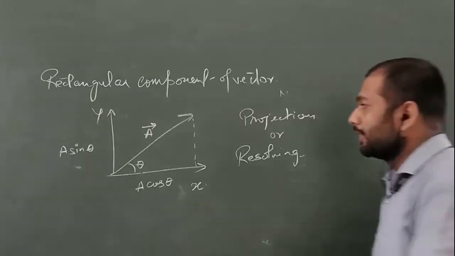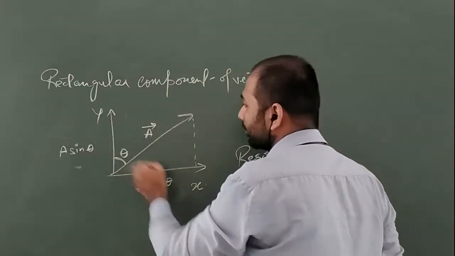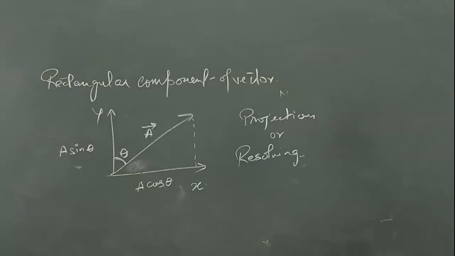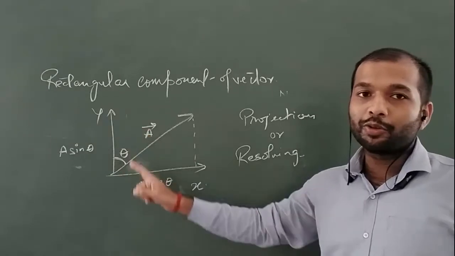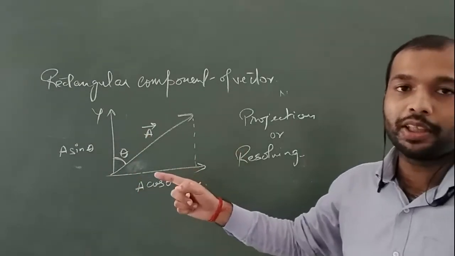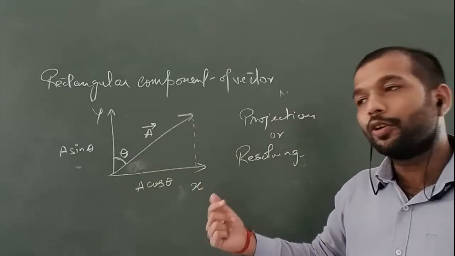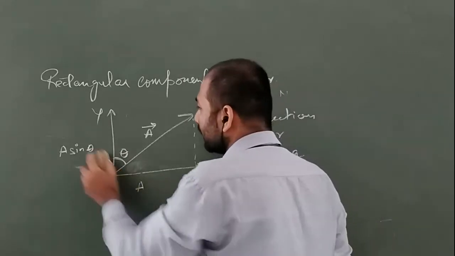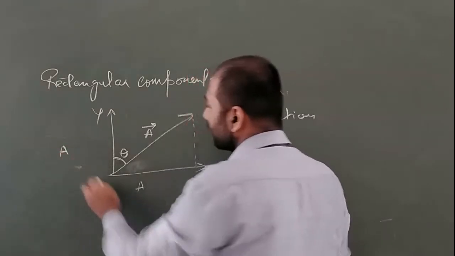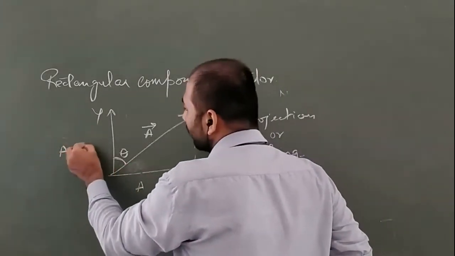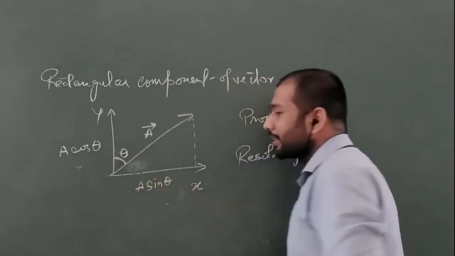Alright. Similarly, if I just change these values and I say that the angle is attached here. For example, we have a vector having an angle that is attached with the y-axis. Okay. So as I told you, for the angle that is attached to a particular axis, only that component is written with the cos theta, and the other component will automatically be given the sin. So here we have to use the same concept. Here the theta is attached, so I will write A cos theta, that is the y component, and this is A sin theta, that is the x component.